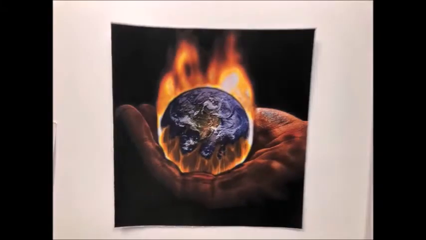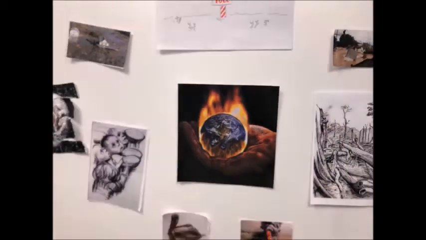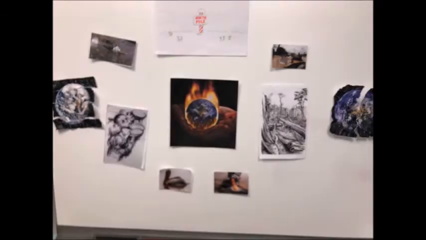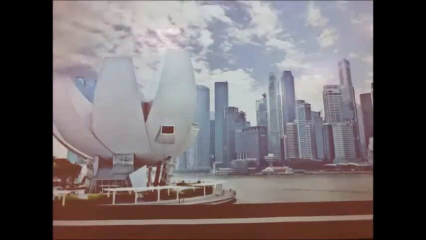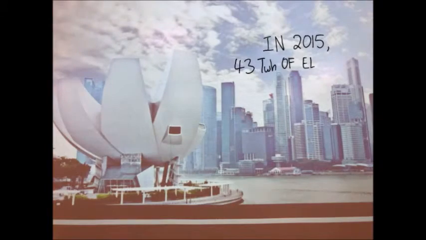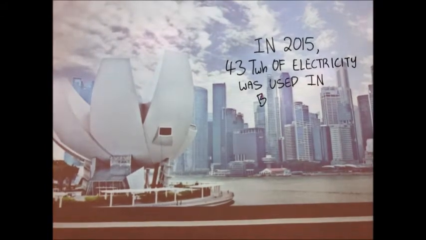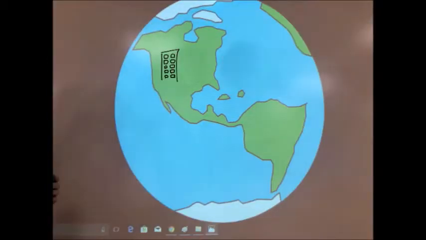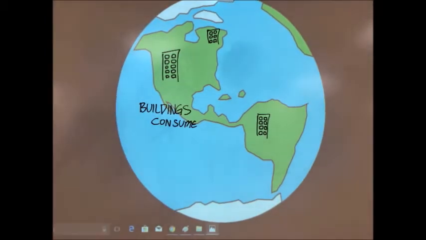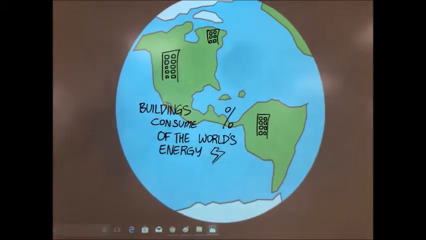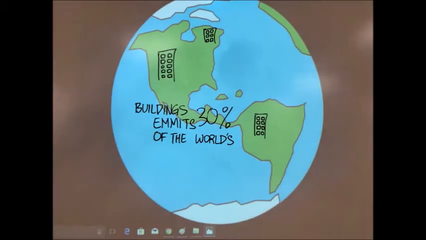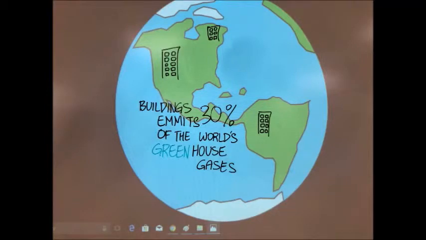The world has made human civilization possible, but we destroy the physical world in return. Look at the massive consumption of global resources by the world's rich, such as Singapore. In 2015 alone, 43 terawatt-hours of electricity was consumed by infrastructure, and that is only 91.3% of energy consumed that year. According to the United Nations, buildings take up about 40% of energy, 25% of water, 40% of resources, and are responsible for 30% of greenhouse gas emission in the world.